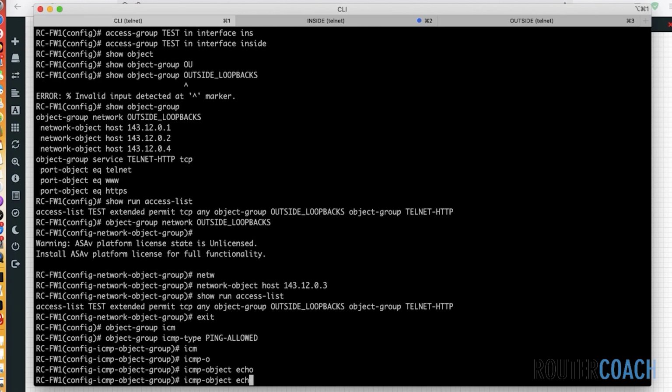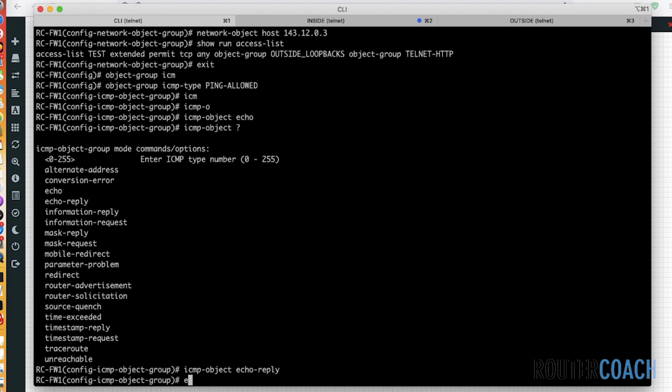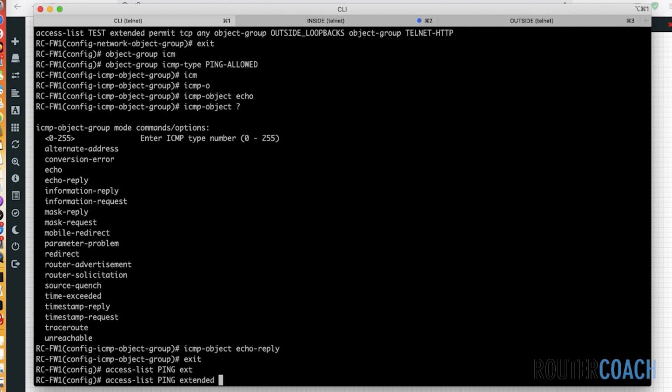And also, let me just show you, I will put echo reply for pings to reply, but you see that there's quite a few versions if you wanted to allow traceroute or any of these other ones, but I will just use echo and echo reply. And then I will say access list, we'll call it ping. It's going to be an extended access list. It's going to permit ICMP from any host